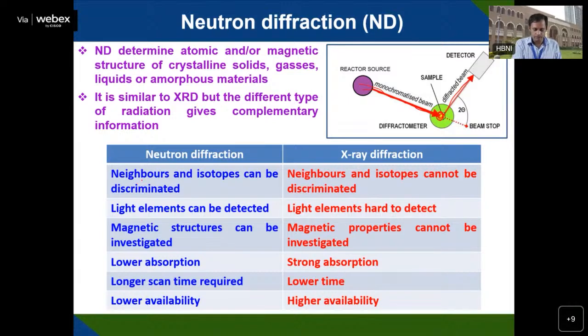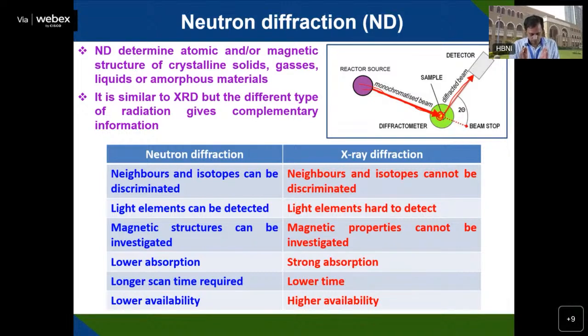In neutron diffraction, neighbors and isotopes can be discriminated. Like nearest neighbors can be distinguished, even in the same element, copper 64 or copper 65. So isotope discrimination is possible, which is not possible in XRD. It can also be used for light elements like carbon and hydrogen, which can be detected in neutron diffraction but not in XRD. Similarly, magnetic structure can be determined by neutron diffraction, but not by XRD. So in that way, it has a higher